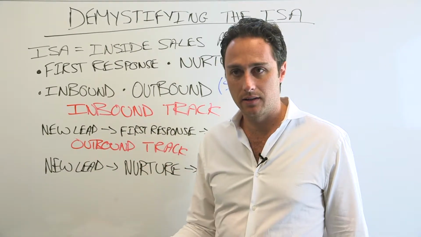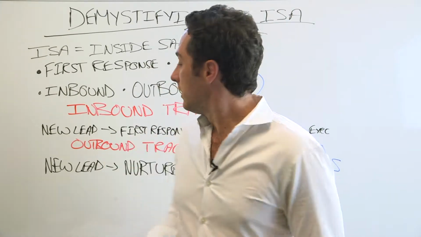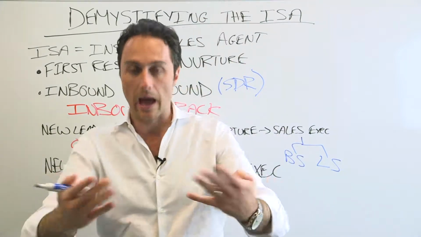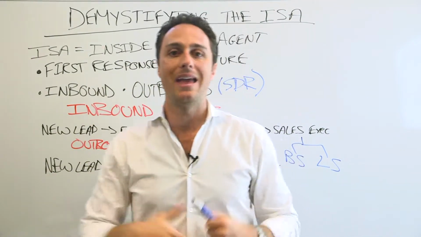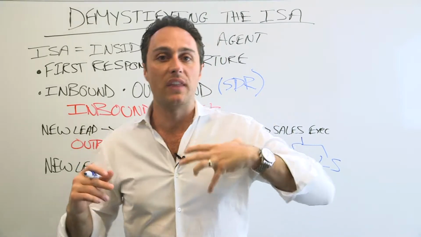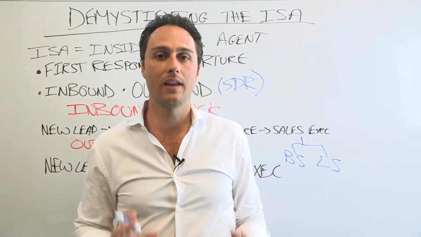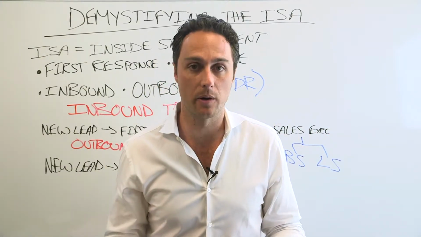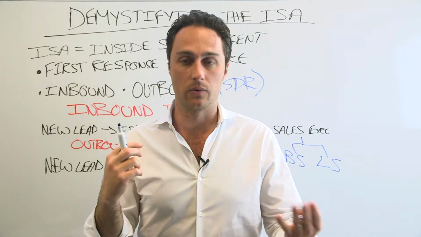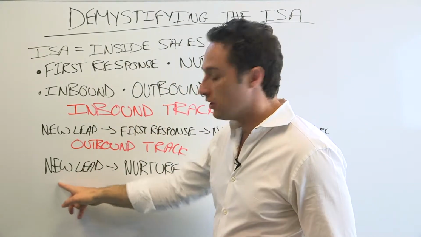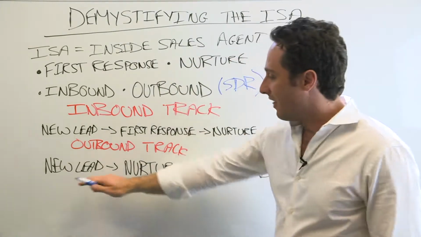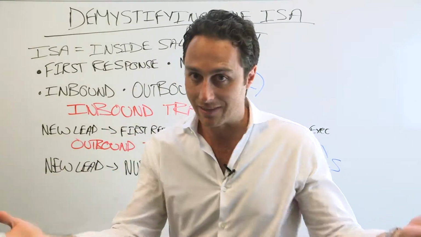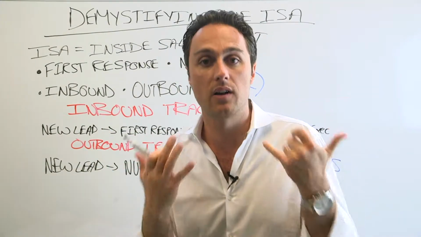Now on the outbound track, it's a little bit different. Outbound, you have what I'm calling again these SDRs, sales development reps. So we have a committed full-time sales development rep, and what they're doing is calling out, okay? Calling out, generating brand new pipeline that's not coming from our marketing department, but rather is coming from the telephone. And so they too will generate a new lead. And that new lead, there's no first response because that lead was generated right there, okay? There's already been a response. We've already talked on the phone.